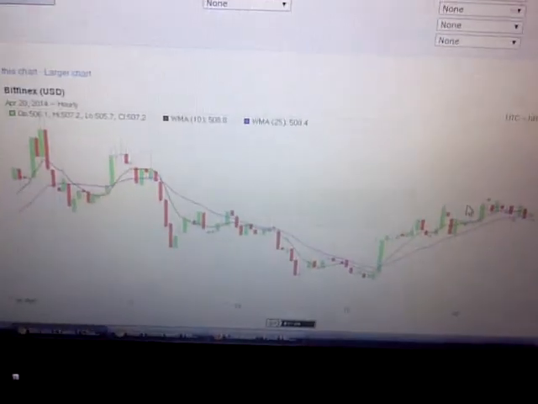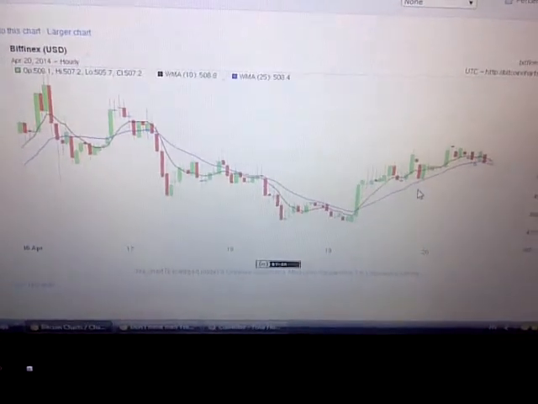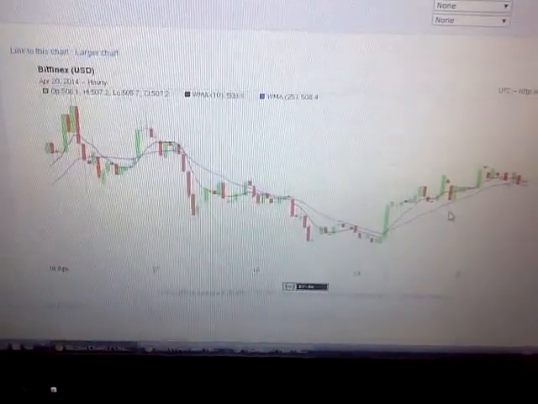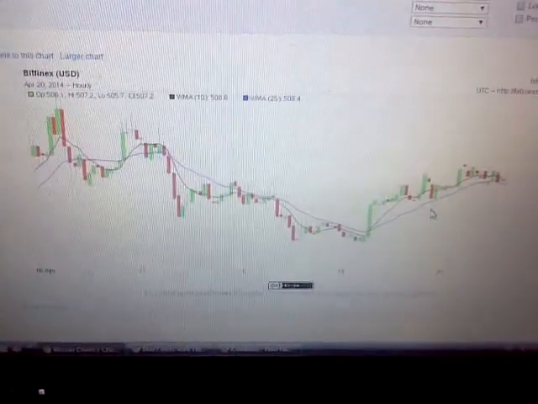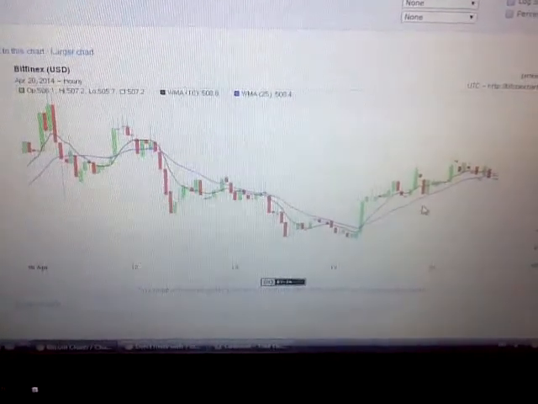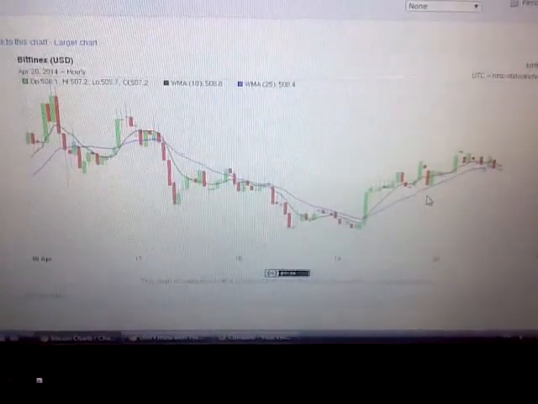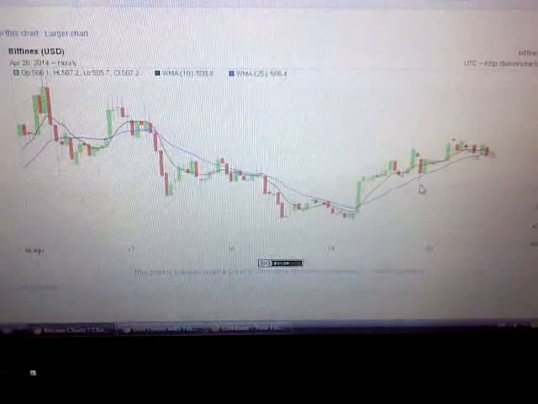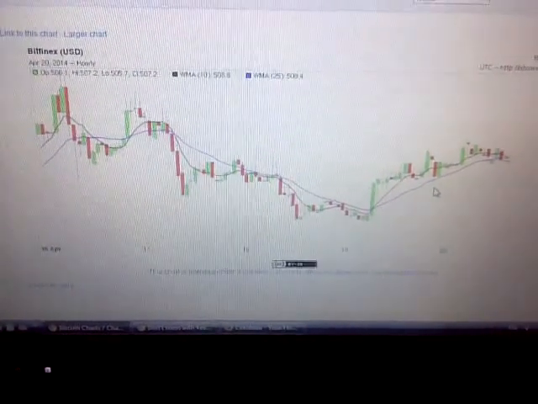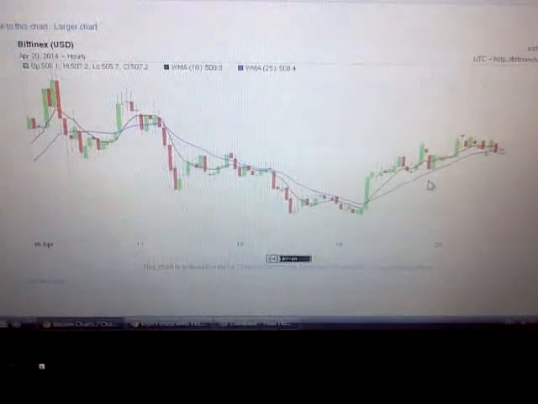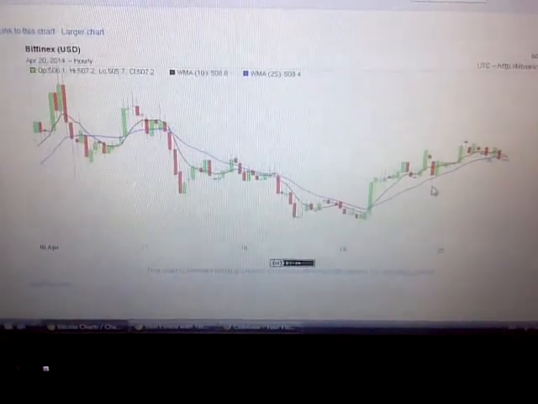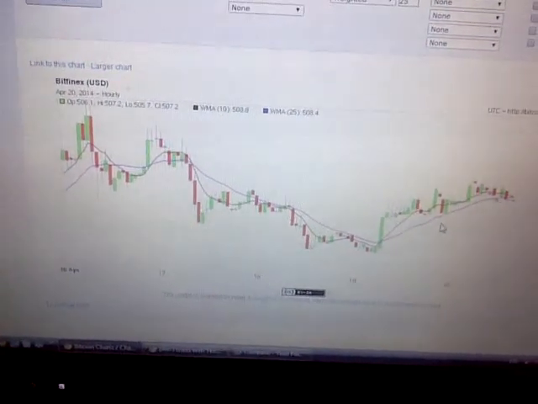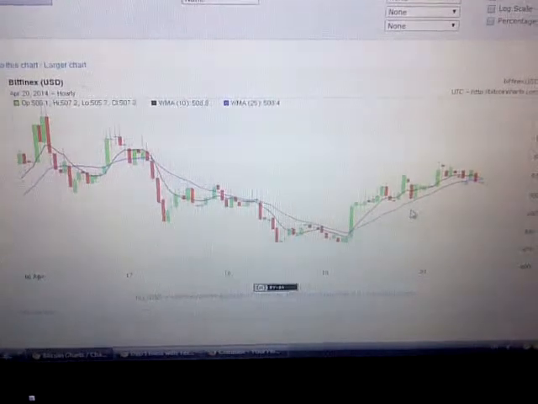But remember, this is just another analysis. It doesn't mean it will go down. It's just there to help you. And when I look at this, it's just a strategy for me to put in some limit orders or stops, whatever. So I don't have to be at the computer all the time, reacting, being emotionally tied to the price, and just pushing buttons. I can just have a strategy, set a price, set my orders, and then I don't know, go make myself a sandwich and